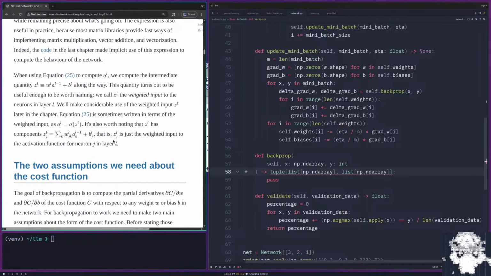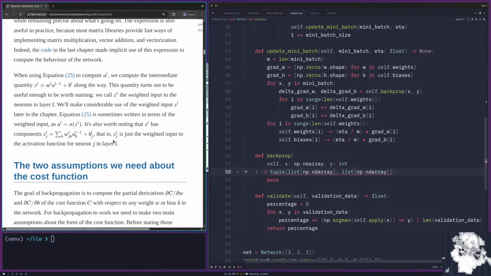When using equation 25 to compute A of L, we compute the intermediate quantity Z of L, defined as the W matrix multiplied by A of the last layer plus the bias of this layer along the way. This quantity turns out to be useful enough to be worth naming. We call Z of L the weighted input to the neurons in layer L. We'll make considerable use of the weighted input Z of L, or ZL, however you want to say it, later